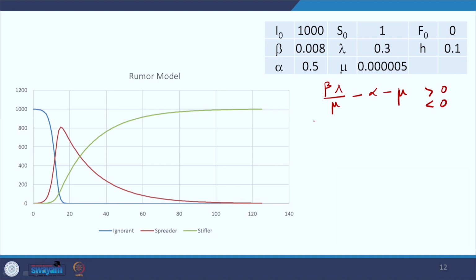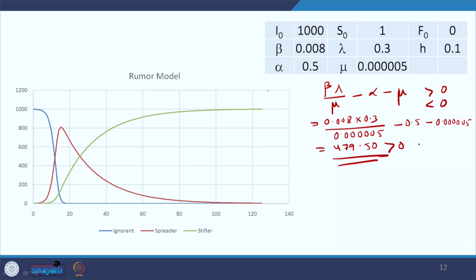Now, if we calculate this value, I substitute 0.008 multiplied by 0.3 divided by mu, which is 0.000005, minus alpha minus mu, 0.005. If I calculate this value, I will be getting 479.50, which is positive. So, this system is stable about the non-zero equilibrium point, but the question is, as you can see,